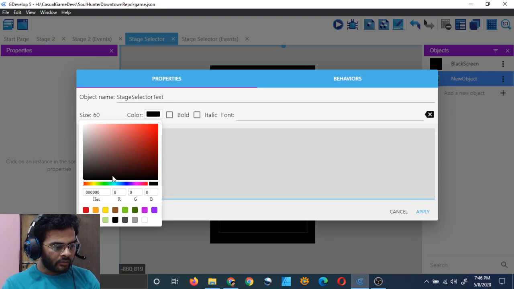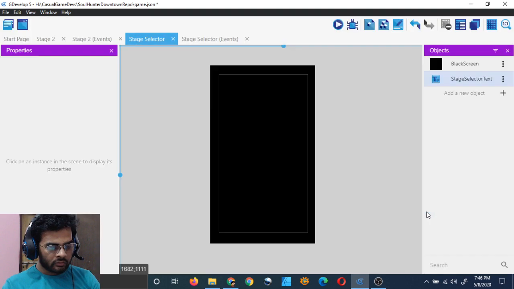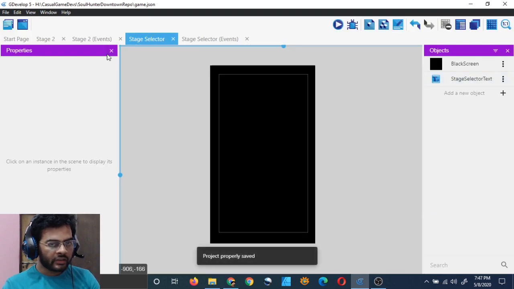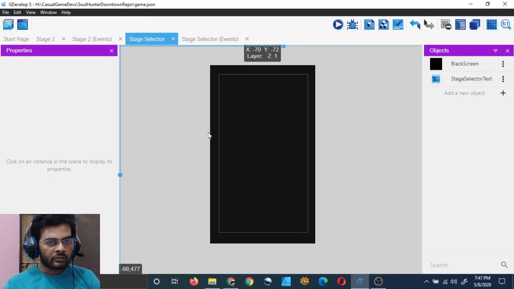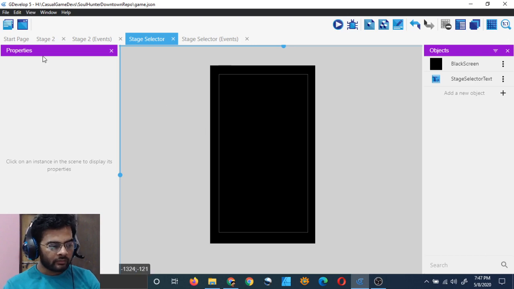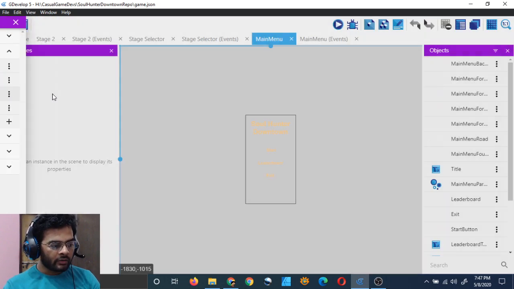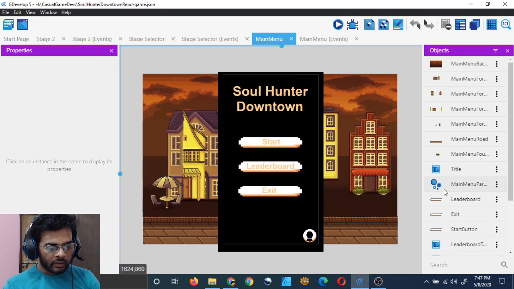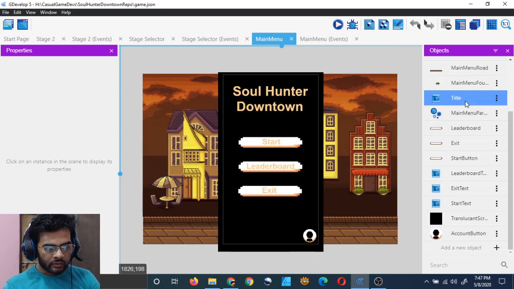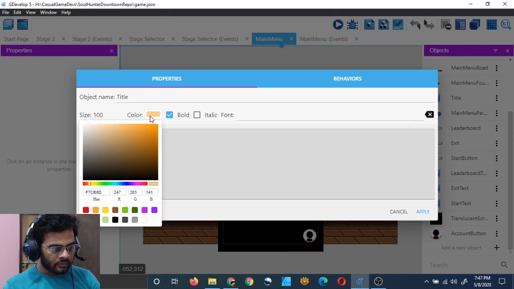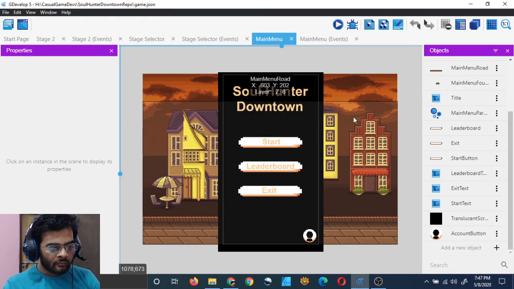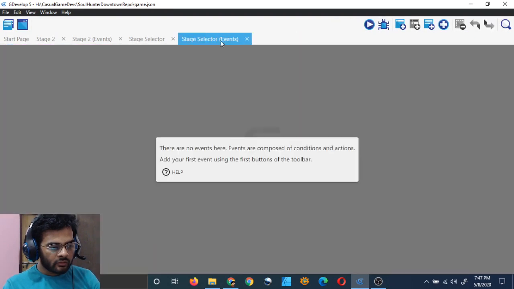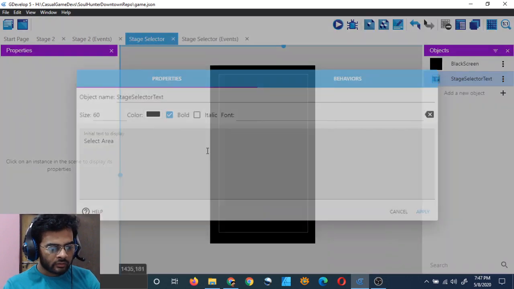And right now I will choose black, but I want the same color we use in the main menu, because that will be very consistent, right? Click on main menu and go to your text title, and just remember this. What is the RGB value? 247 203 141. So just set that.